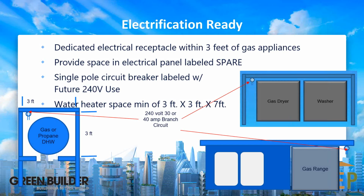We're seeing it at the local level, we're seeing it at state level, that there has to be some level of EV readiness. Could be similar to what we're talking about here. Others could be just the conduit and open space on the panel, but others are EV capable, EV ready, and so there's differences whether you've got the wire running or whether you don't have the wire running, but that is happening